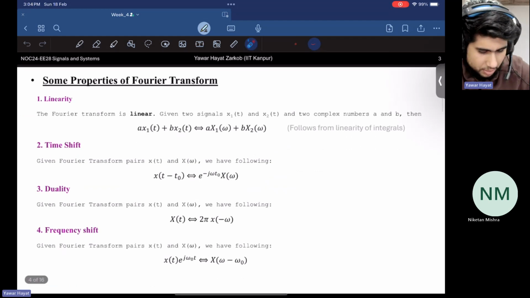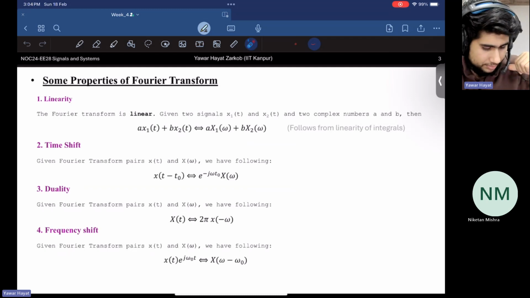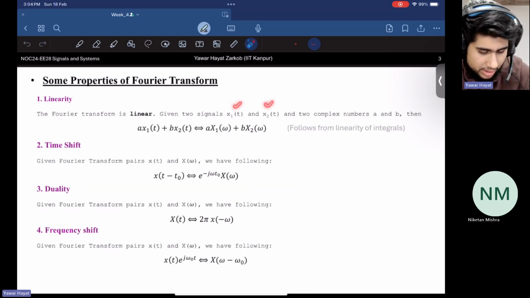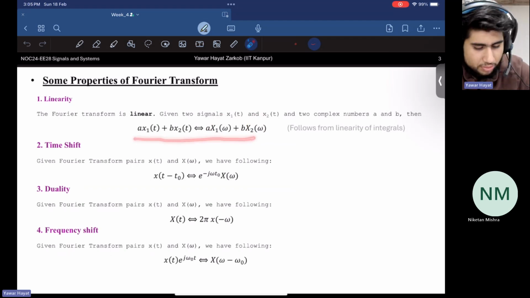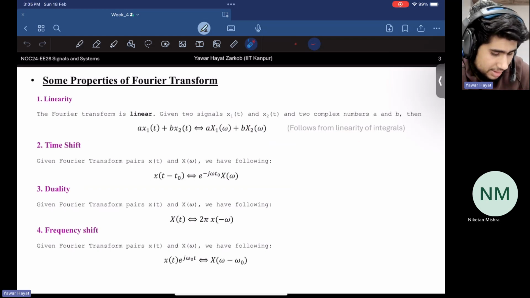Now let's go through these properties of Fourier transform before attempting the questions. So linearity, we have already discussed that this Fourier transform is linear and given two signals x1 of t and x2 of t having Fourier transform x1 of omega and x2 of omega respectively, then the Fourier transform operation will be linear, right? And this can be readily observed from this linearity property of integrals. The second property is the time shift property, and